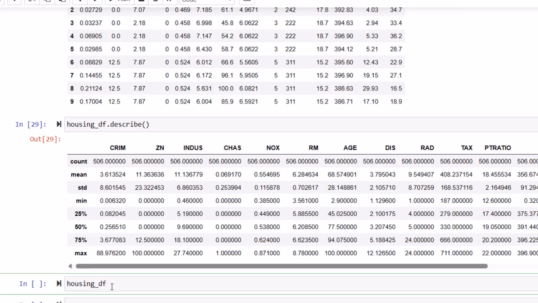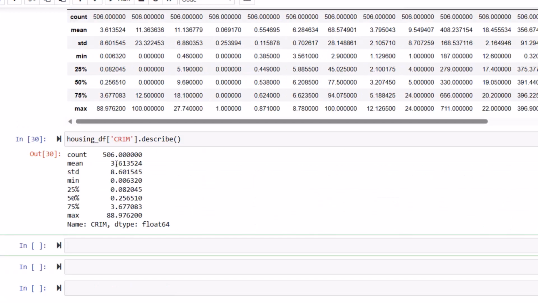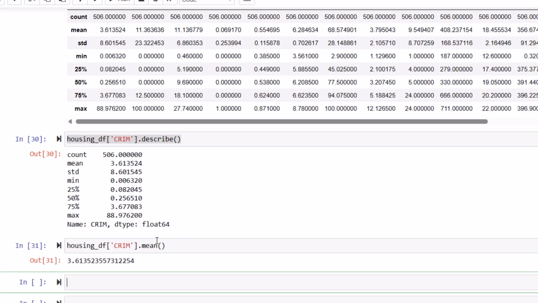First of all, you have to write the data frame's name, and then in square brackets, you have to use the variable's name, for example, crime. This is the variable name. And then write the statistics you are interested in, or write describe to see the descriptive statistics of the crime variable individually. But instead of describe, you can write mean, and then see the mean value of